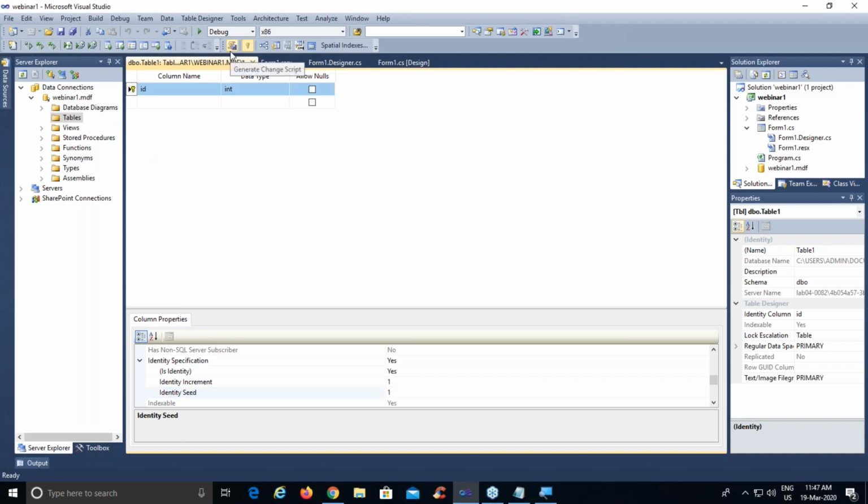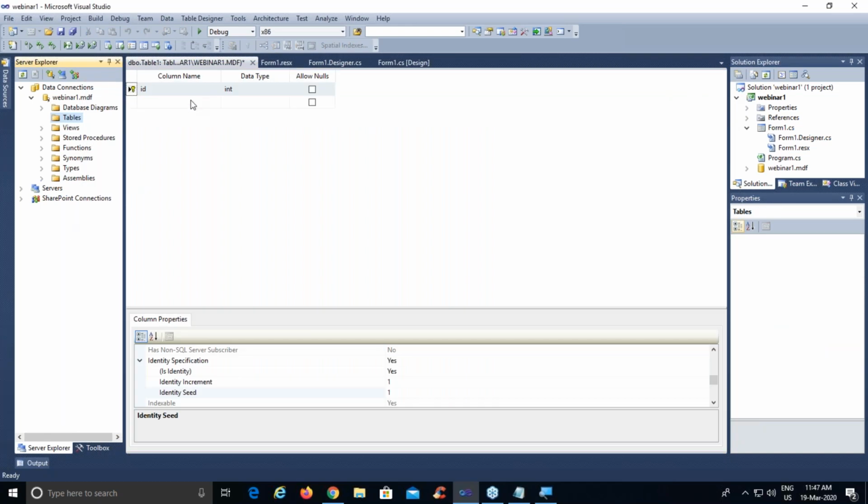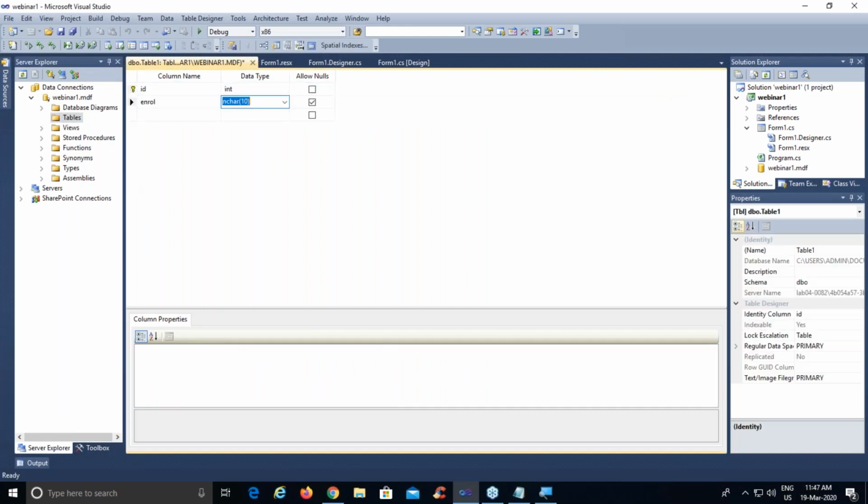We are not concerned with inserting the value for this particular column. We are mainly going to concern with the values of these particular columns only. So we are going to generate those columns first. So next column is enrollment. Maybe type is numeric 18,0 because let us say our enrollment number is of 10 to 12 digits. So integer will not be supporting this particular data type. So we are going to use numeric 18,0.